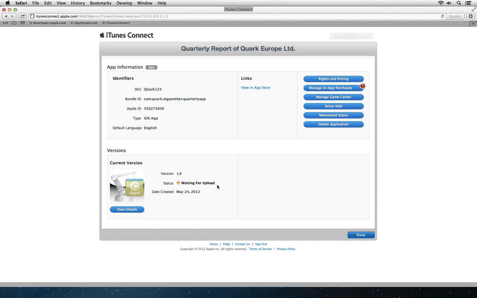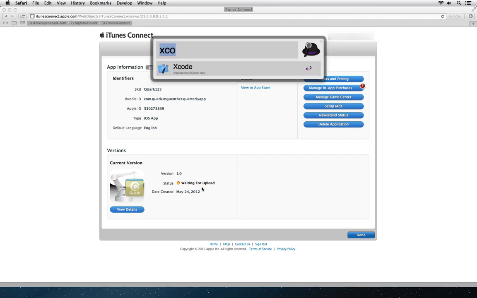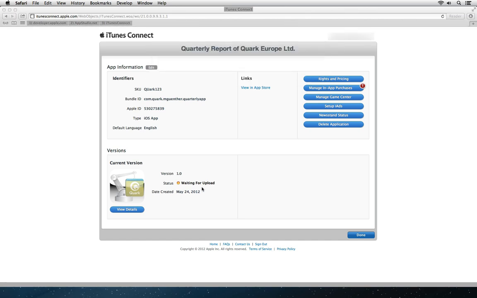How are you going to submit that to Apple? Well, it's really easy. You need an application called Application Loader. So let's load Application Loader. The easiest way is to go via Xcode, which you should have installed. You have a download link from Apple when you go to developer.apple.com and you have purchased your development account. So I'm going to load Xcode here. Xcode is a programming environment which I don't really need because I'm not going to program here. All I need it for is for this